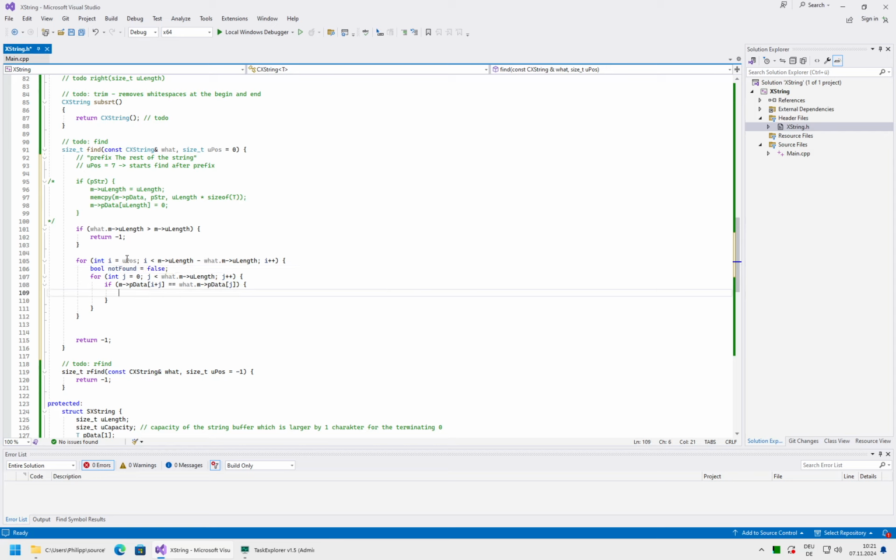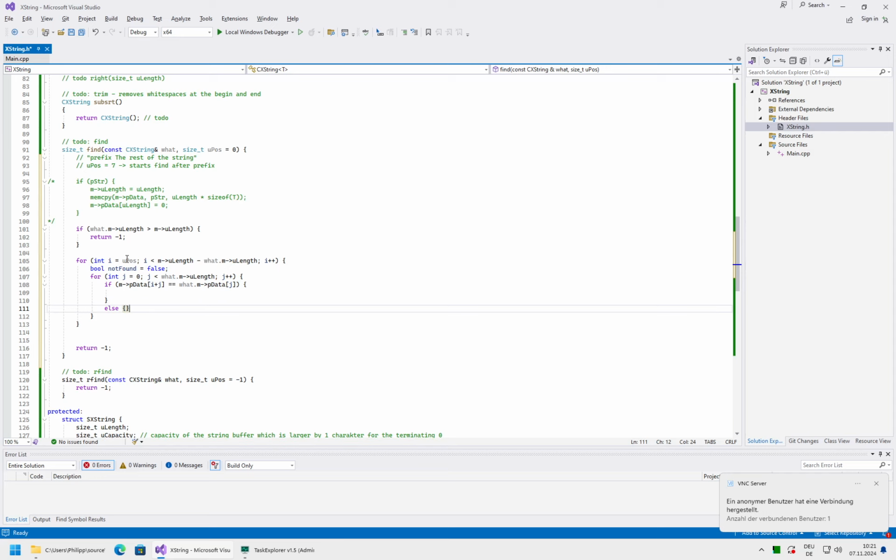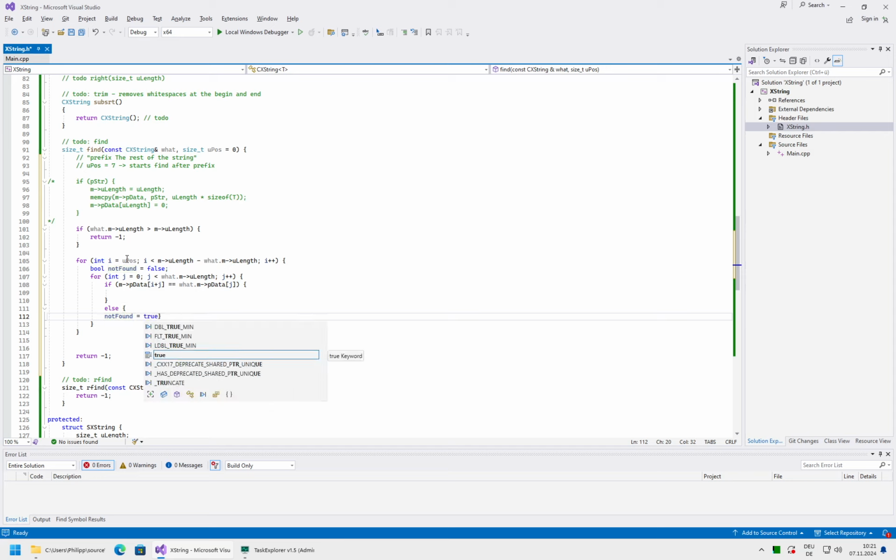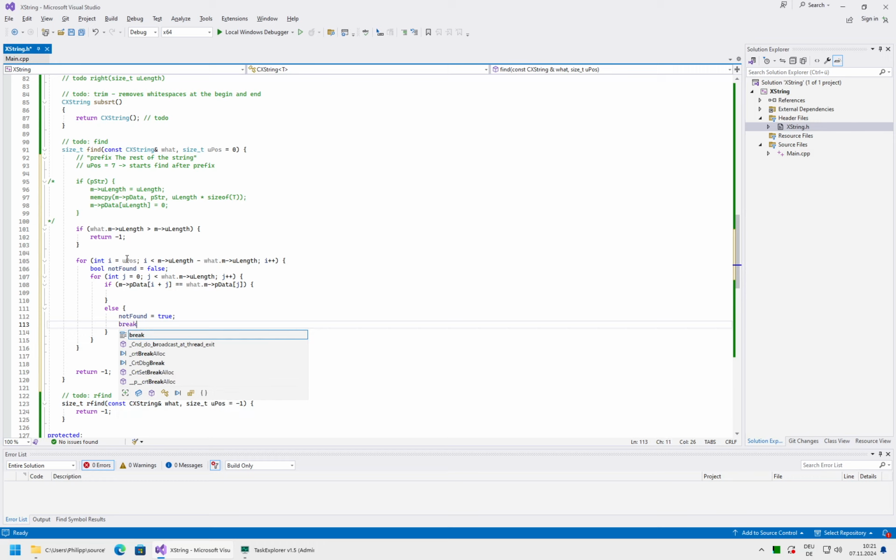This you change to compare whether they are not the same. And if they are not the same, you are just setting not found to true, and you can break out of the loop, of the inner loop. That is one approach. If it's not found, then you just continue to the next iteration with the next position of i, and if it is found, then you return i.